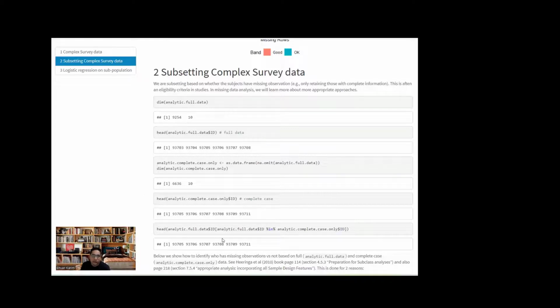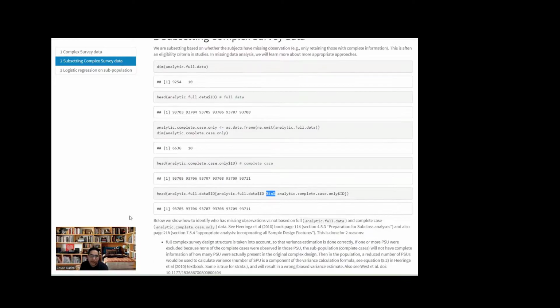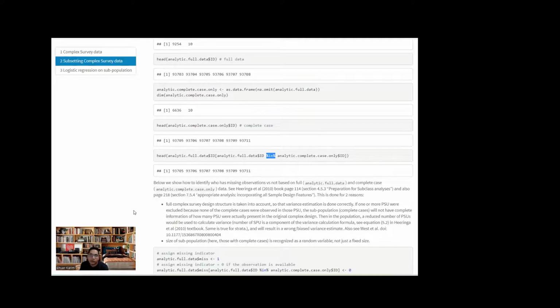And then we can also try to see when we use this %in% function, which is a function in R that helps us identify who are the people who are in the complete case, who belongs in the complete case. So within the full data set, who are the people who belongs in the complete case? That's what this is basically doing. And you can see after using this %in% function within this full data, we can see 05, 06, which completely matches with the information that we got from our complete case only data. All right. And if you want to learn more about why we need these full data and this complete data,